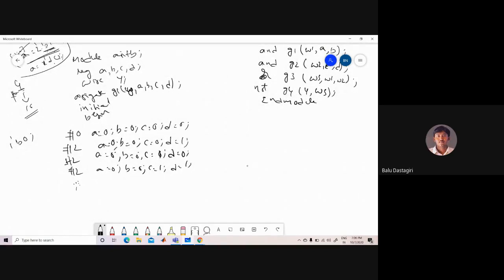After specifying all the 16 test patterns, I can end the initial block. The time units I am specifying are your wish. Depending upon your thinking and your programming skills, you can assign these time units.